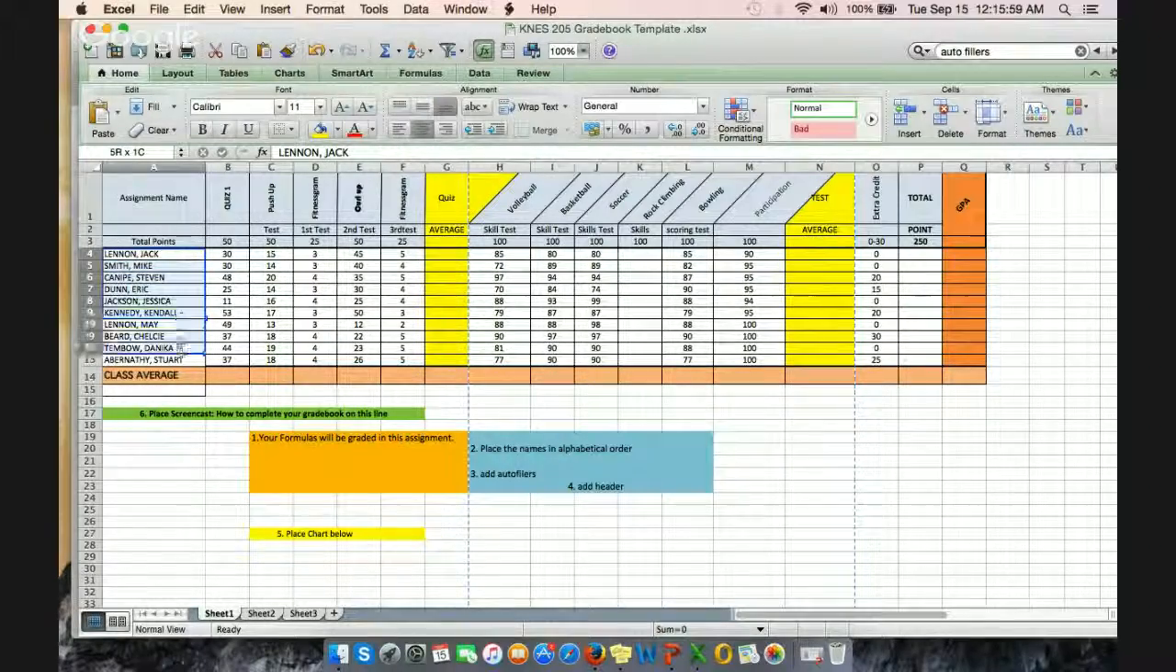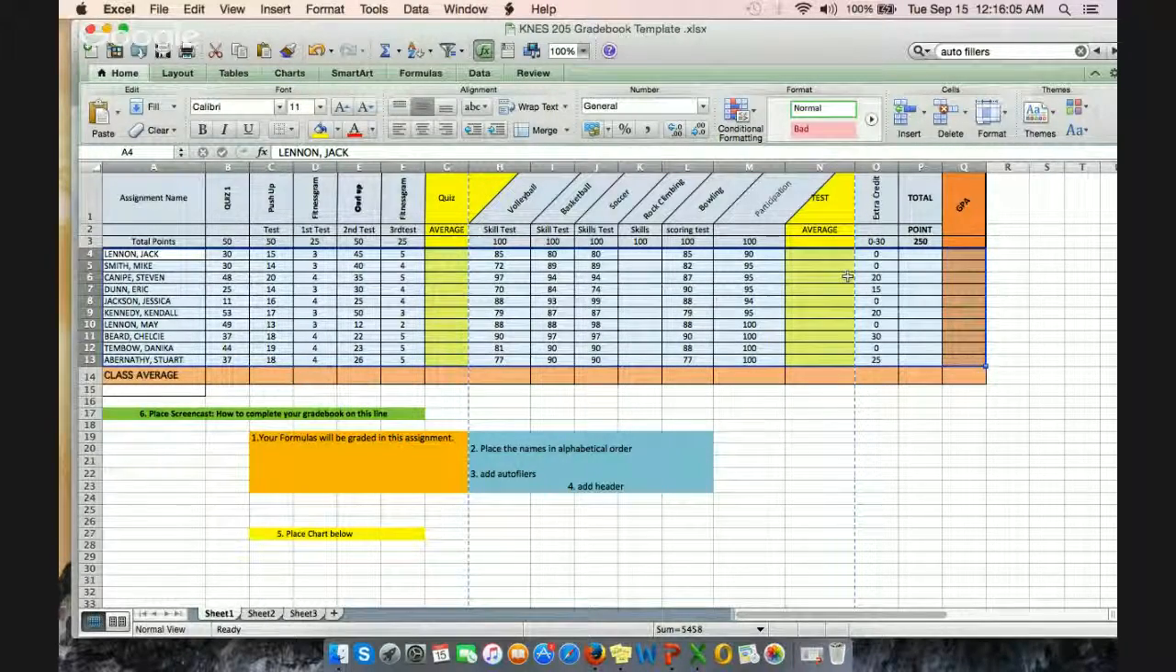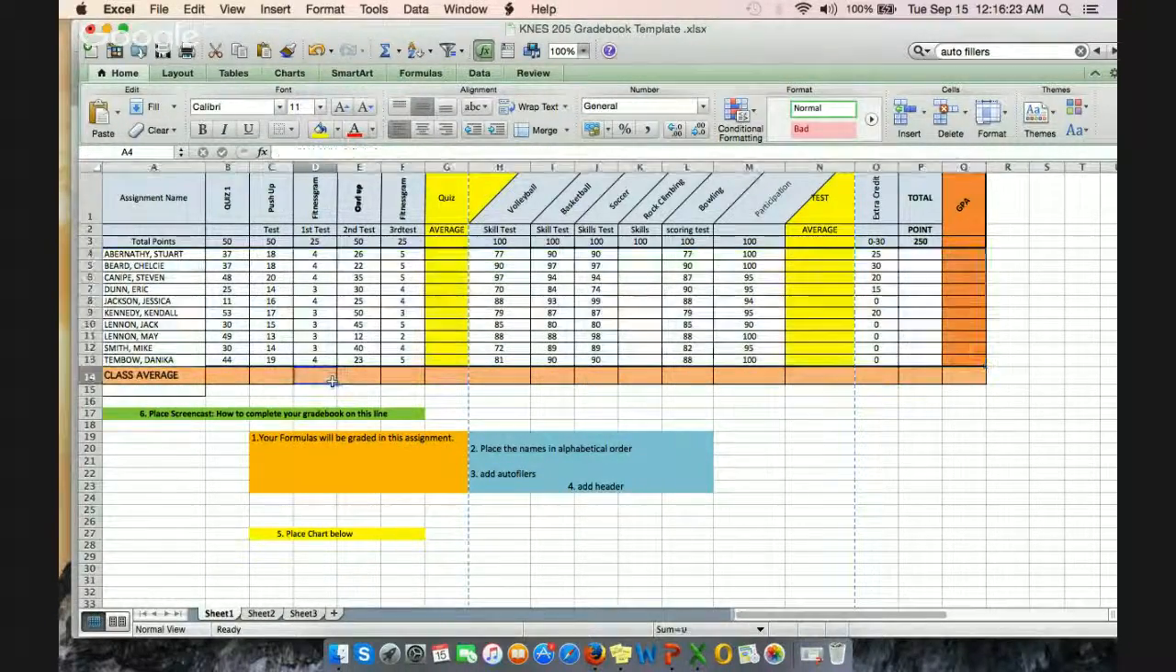So first you can just take it and drag all the information that you want to alphabetize. Okay. And then after that, you can come up here to this drop down menu, this sort, and you can sort in ascending order. So as you can see, Stuart Abernathy is now first and Danica Tembo is last. Okay, first, after you click off of that,